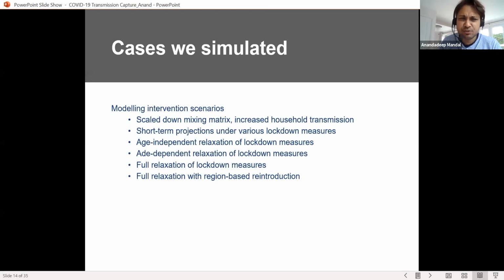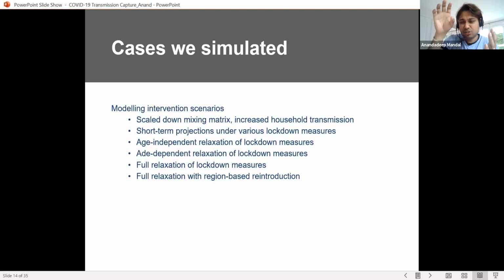And what is this age mixing matrix? So the age mixing matrix is very simple. You have age group A and age group B, right? What is the percentage that they are going to mix? Because if there is a 70% chance that they are going to mix, that means the transmission will be high. Whereas if the mixing of, let's say, an infant and a 70-year-old is only 0.2%, then the transmission will be very less. Yeah. So we had to build a matrix where we had the various age groups, and we had to see how much mixing is going to happen.